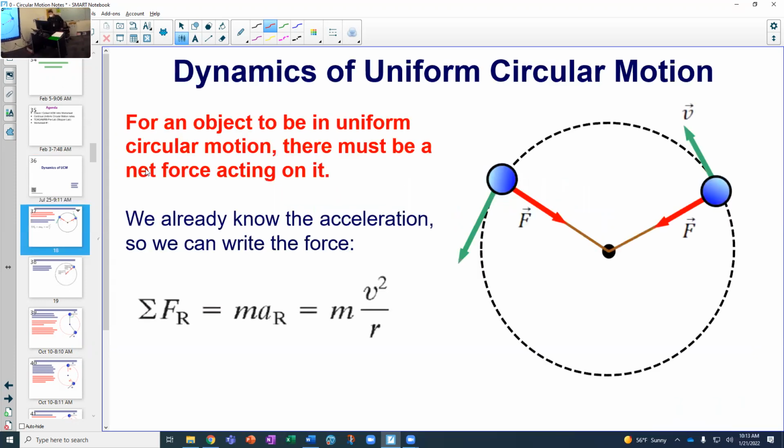So this first slide is really the heart and soul of today's lesson. This one slide pretty much has the guts of what you need to get. It says, for an object to be in uniform circular motion, there must be a net force acting on it. We already know the acceleration, so we can write the force. And we saw this equation in the NASA video,